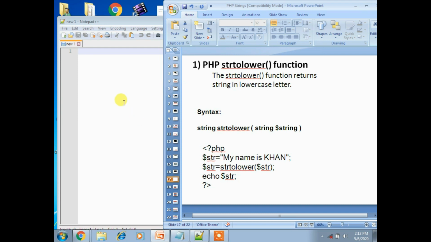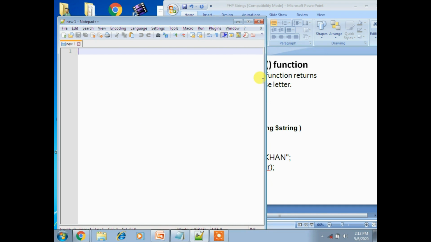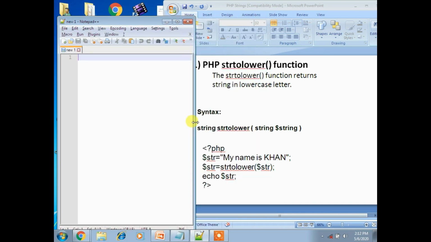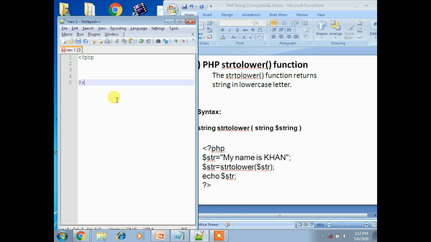I'm opening Notepad and executing this program, which returns a string in lowercase. Here we have to create $str equal to "My name is Con".